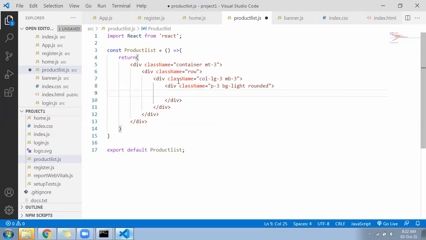Then we'll come back to this particular position. Complete this: go to the public photo folder, keep 5 photos there, and rename them 1, 2, 3, 4, 5.